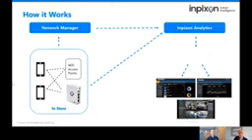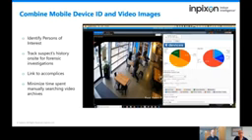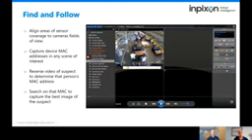So essentially the way we do it is we pull data from Wi-Fi access points that may be installed in the facility. We can also add our own sensors that give us more precise locational information. What this solution will help you do, by combining device IDs that we capture and the video images that your video system is capturing, is help you identify persons of interest. Whether these persons are committing crimes in the stores, or maybe there are VIPs that you want to know might be in the facility. But just again, to give you a little more background, we call this capability find and